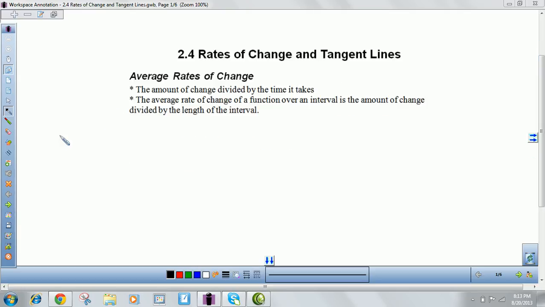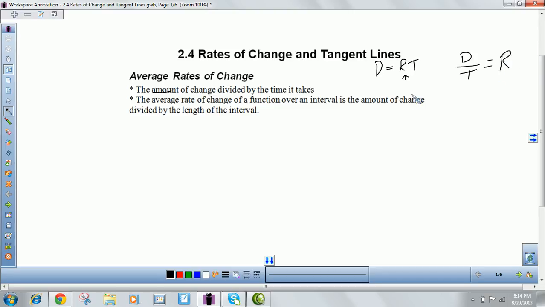Now remember, average rate of change is the amount of change divided by the time it takes. Remember, distance is equal to rate times time. Well, the amount of change is represented by a rate. So solve this equation for rate. You'd get distance over time